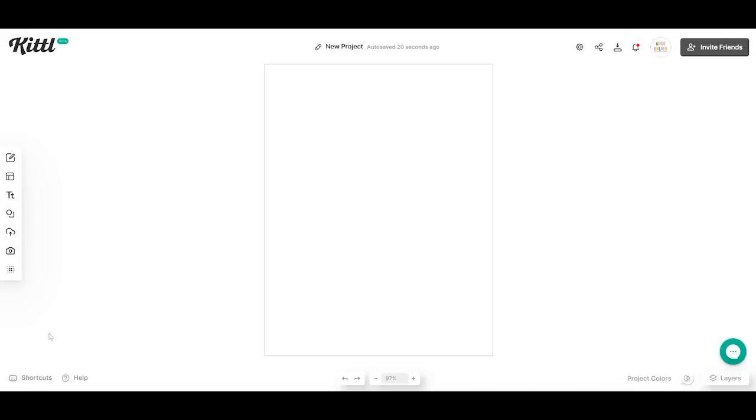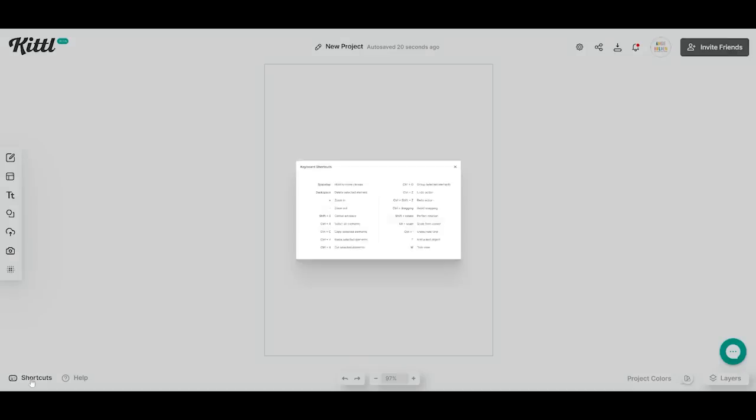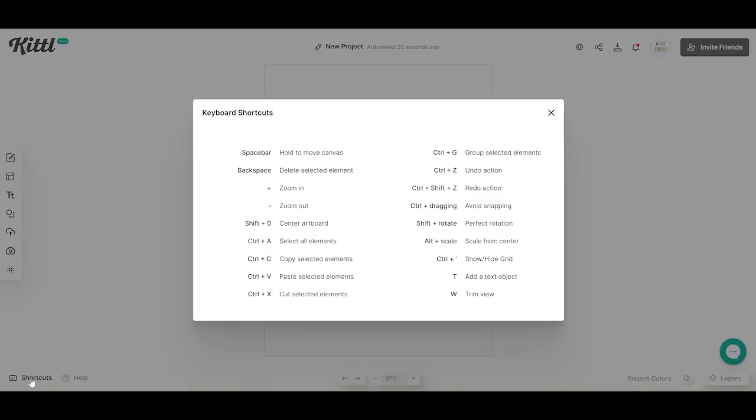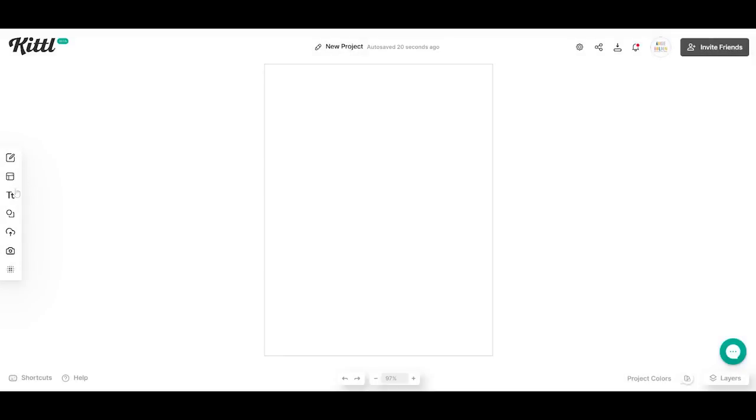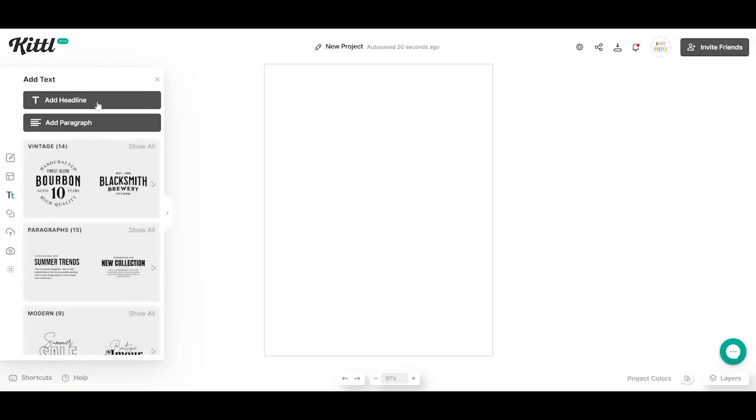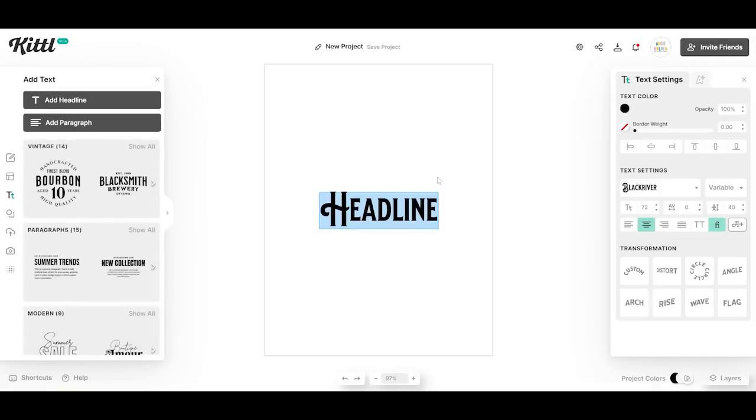One more small tip is this shortcuts button. These are your keyboard shortcuts. It does really help to use some of these sometimes, so that's there if you need it. So let's move on beyond designs, and we'll just add text to this plain artboard. So when you add text, you could either just add text. So I just added a text box, and I could type the name of my state, and from here I